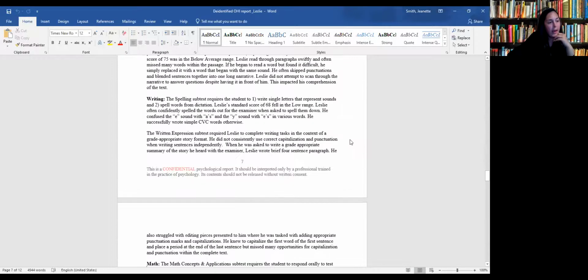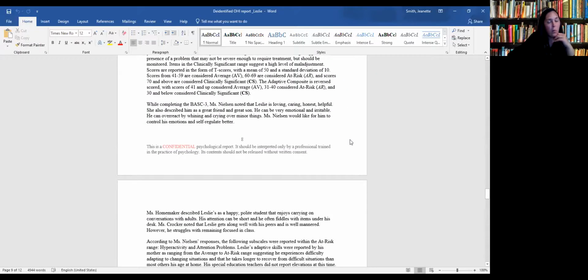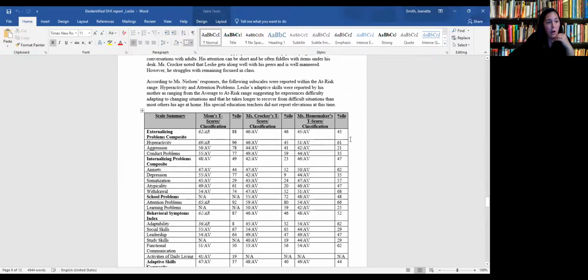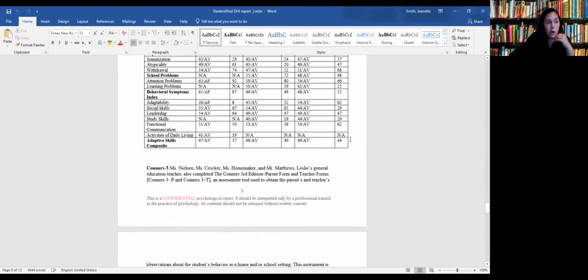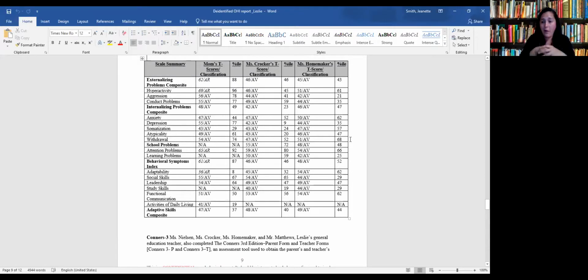I want you to look at, though, and I apologize for anyone that's moving too fast, but I want you to look at more of the formal behavior information that was included in this report. Because Leslie is a kiddo with ADHD, really the emphasis here for me was, how does that ADHD impact Leslie in the classroom? You are very often going to see these charts, and this is something called the BASC, and it gives you a breakdown of a variety of behaviors that an individual can have.